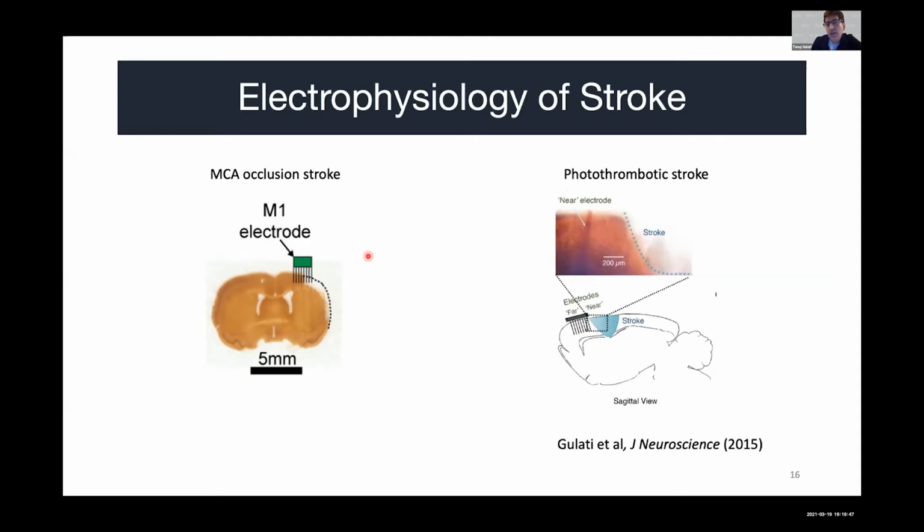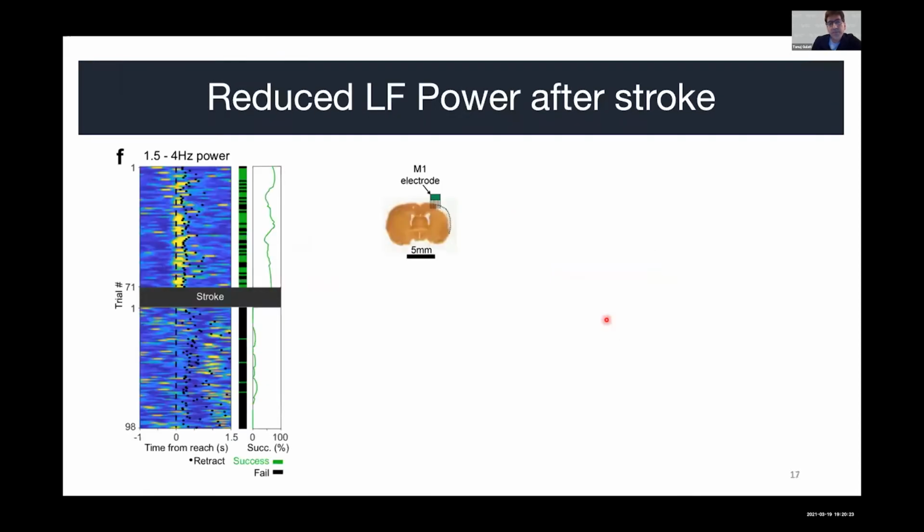But this model is not that amenable to physiology because it essentially wipes out the whole lateral hemisphere in the rat. And sometimes we don't get a good signal in whatever is left in the cortex. So we don't get to record from a lot of neurons, but at the same time, we can validate our findings in a more human mimicking stroke model. With the photothrombotic stroke, the advantage is that it's a more experimentally tractable model. We can shine the light on a particular area of the brain, and we can have very well circumscribed, controlled lesions.